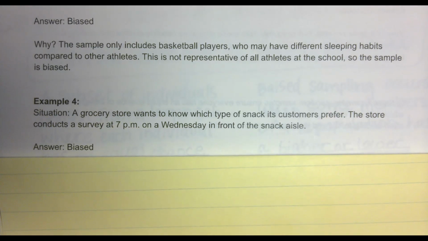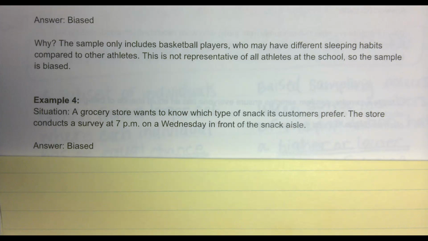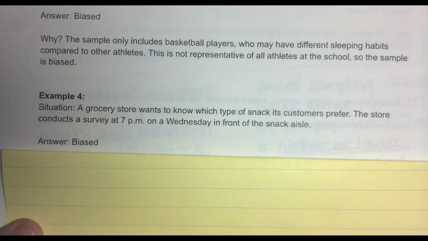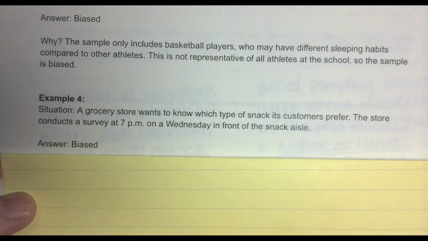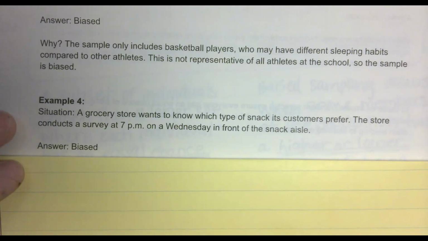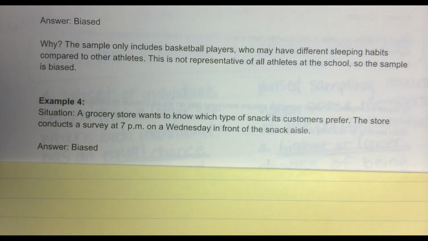Maybe at 7 p.m. on a Wednesday, for example, people with kids are trying to put their kids to bed, so they're not going to be there. It's going to totally skew your results. If you wanted to get an accurate survey, how would we go about doing that? Who has an idea? How do you think we could get a more random sample if you're trying to survey every customer at the store? You could put the survey on a receipt, so people could choose to do the survey. And what else? But that would also have a slight bias.